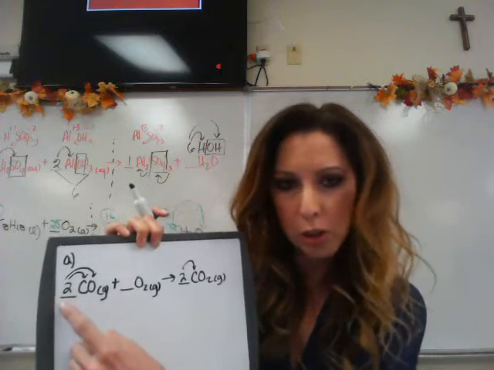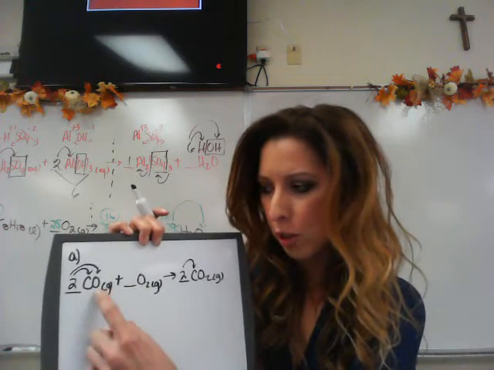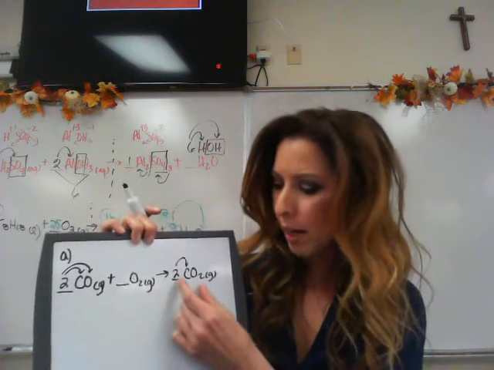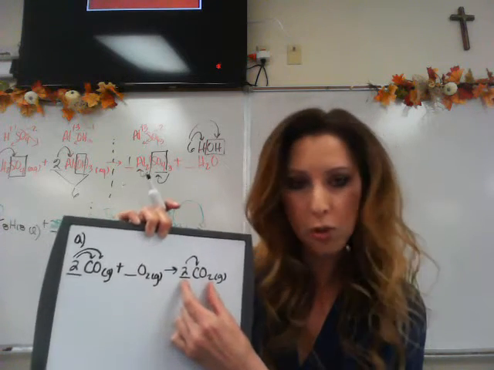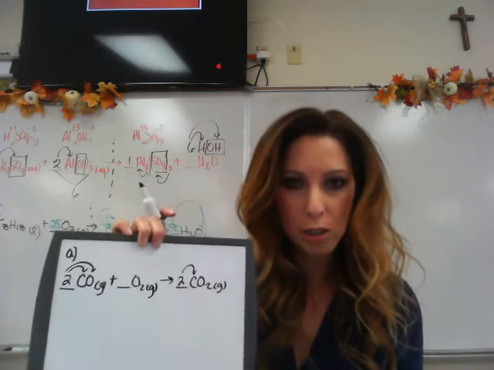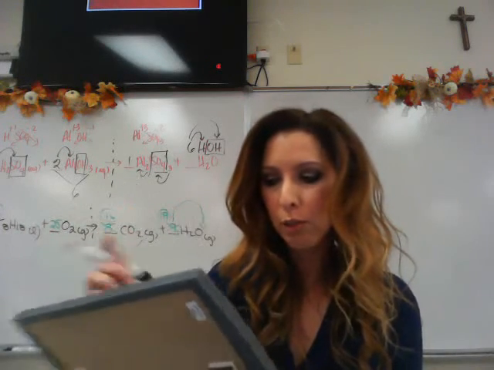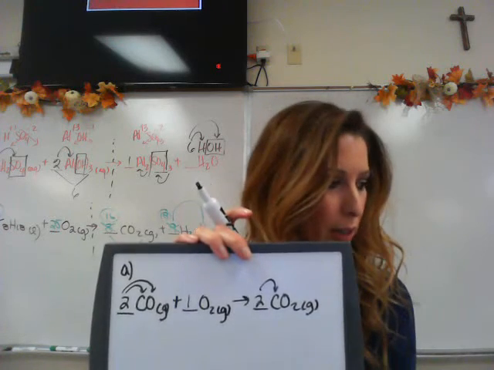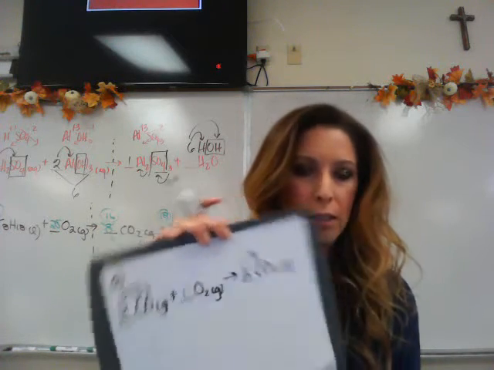If I look at the oxygen that I have on the left, I have 2 oxygen here plus 2 oxygen here, which is 4. And on the right, if I multiply these 2, I get 4. So I have 4 oxygen on each side. You can either leave the blank in front of the O2 or you can put a 1 there, and this is letter A. Letter B,